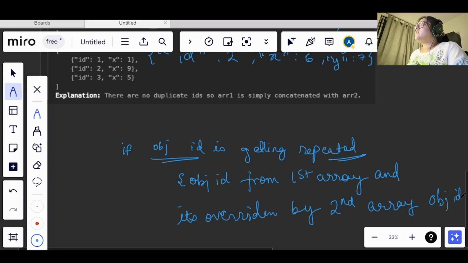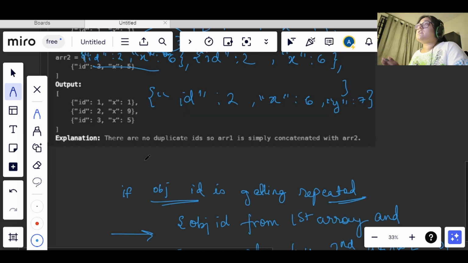So in such cases, where we have to make a new object, we will create a new object, because if there are extra key value pairs, they should not get lost, right?